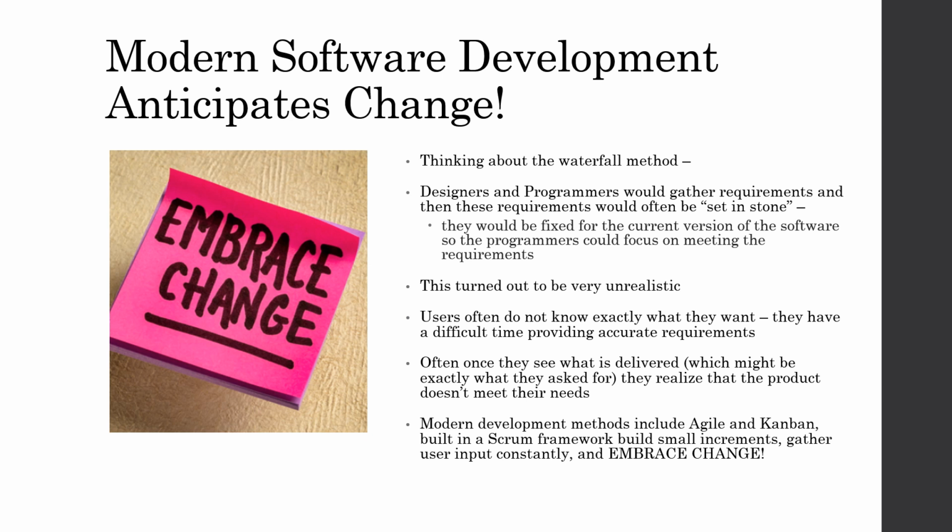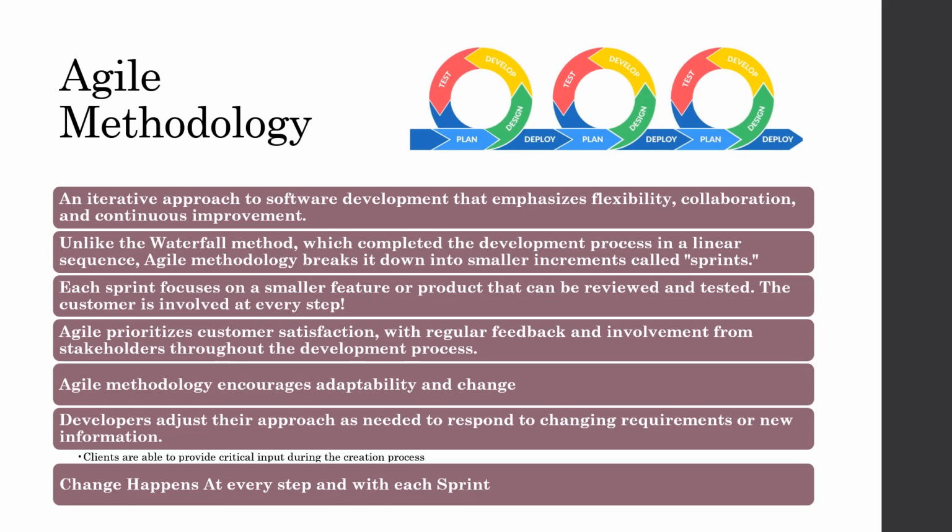They will not end up the same as they were when we started, and that's okay because software itself is highly conducive to change. So here's the first methodology. It's kind of a modern methodology, and you will see this in use a lot. This is an agile methodology, and this is an iterative approach to software development. And by iterative, we mean we're going to go through many, many small cycles, each of which will contribute to the large design, each of which is going to be testable and reviewable,